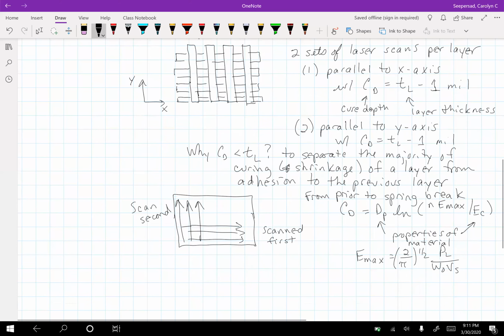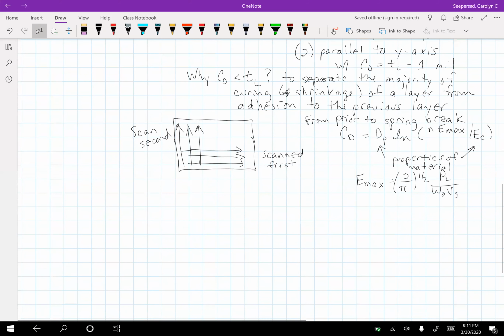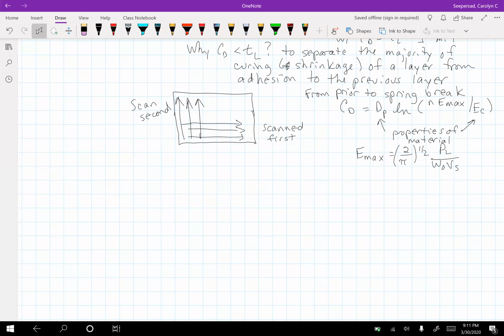So one of the things we can do is take advantage of that relationship to help scan a stereolithography part, a layer, and maximize the amount of shrinkage that can take place before it adheres to the layer below. All right, so if we look at the current scan pattern, the cure for this problem, the cure for shrinkage-induced warping,